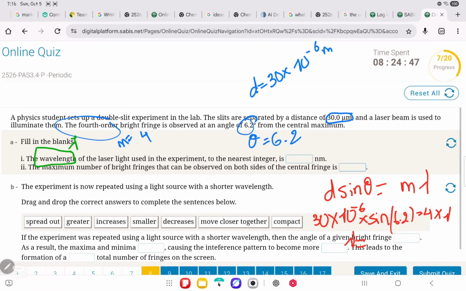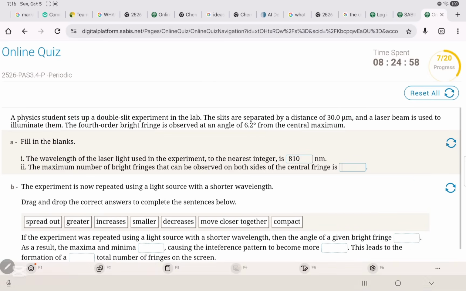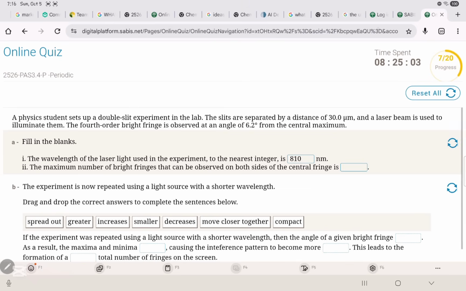And you will round it and change it from meters into nanometers, and you will get your answer to be 810 nanometers. Perfect. Now, they want the maximum number of bright fringes that can be observed on both sides. When they say maximum number, this means that sine theta is equal to 1, or that theta is equal to